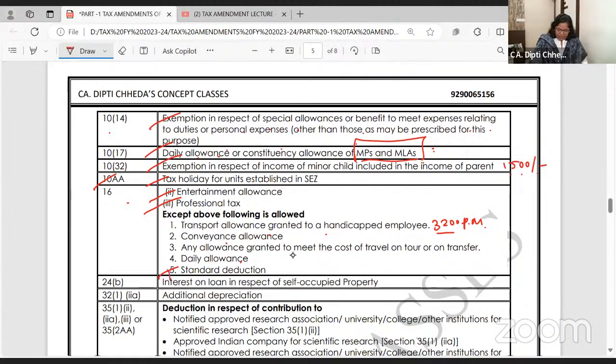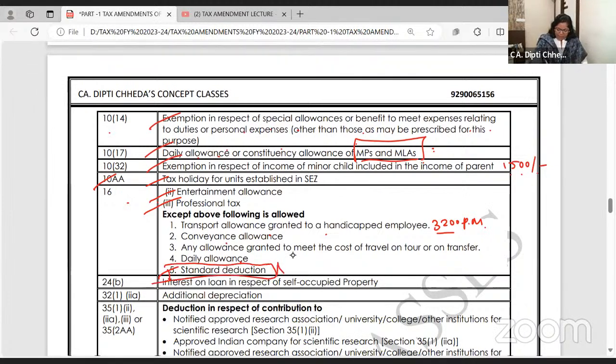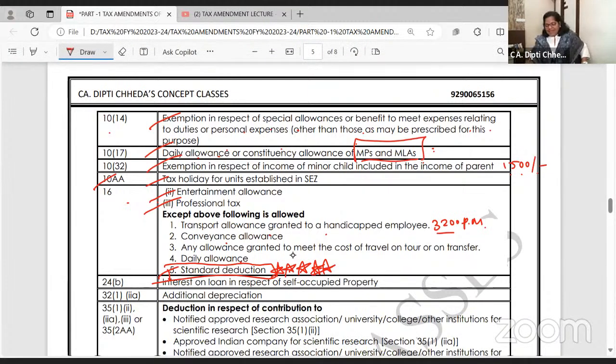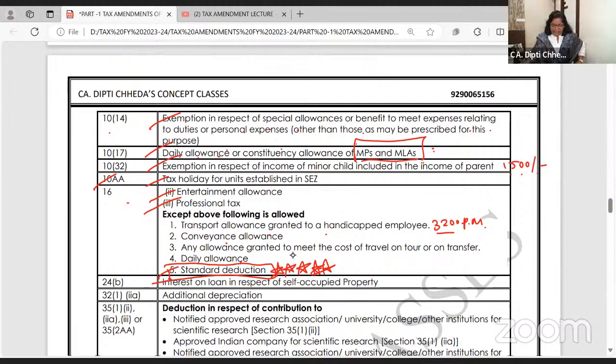And standard deduction, this is the most important amendment. Feed this a 5-star, feed a Kit Kat. Standard deduction, of course you will get. Okay? Now,